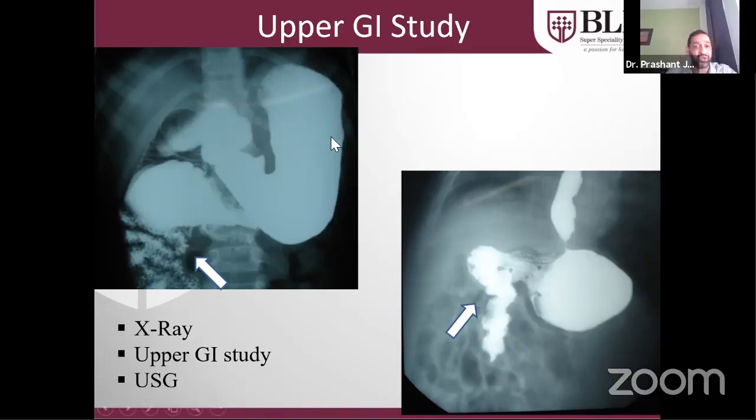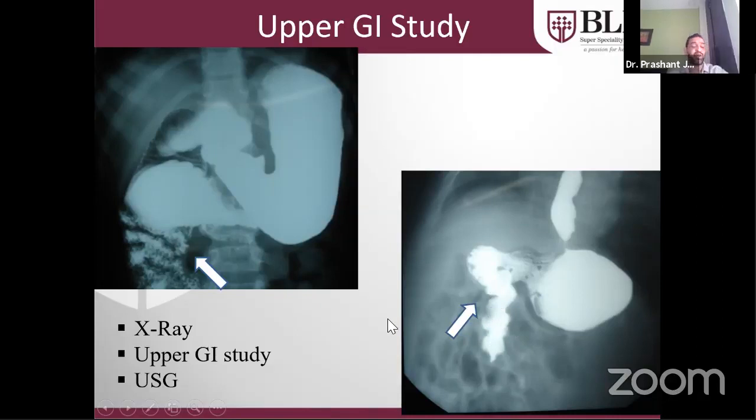In case of doubt, in case you are not able to make a diagnosis on the plain X-ray, you can order an upper GI study. When you do an upper GI study, you can make out the stomach is distended, the duodenum is distended, and these are the collapsed jejunal loops, which instead of lying on the left side, are lying on the right side. So the DJ junction is lying on the right side because of the malrotation, and when you operate, you will find the abnormal Ladd's bands in this area, which are causing the duodenal obstruction. Similarly, there's another picture. This is a C loop of the duodenum, which ideally should be coming here. It's lying on the right side of the abdomen.